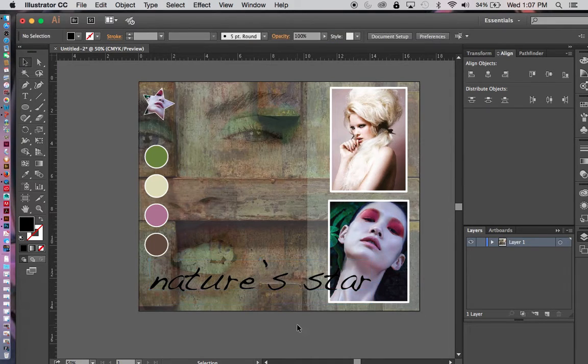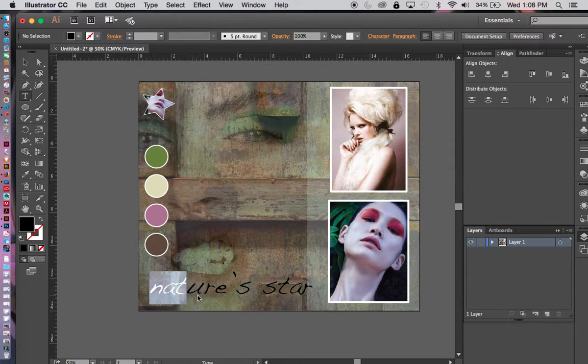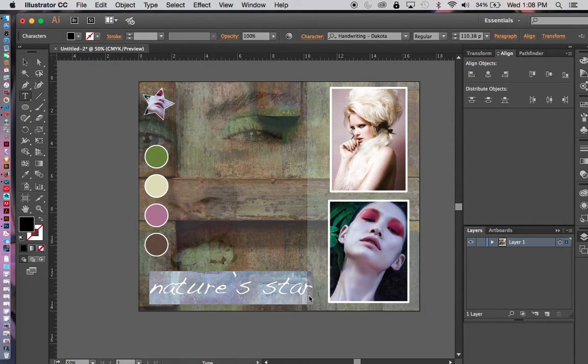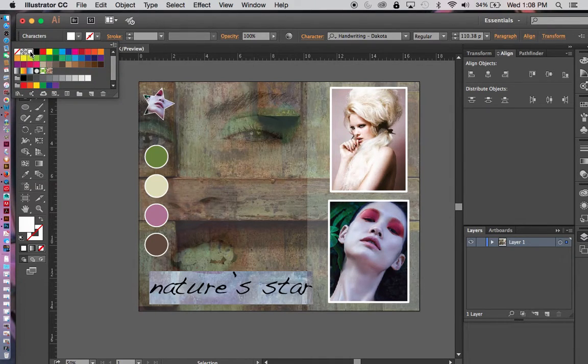So now, let's say, well, that's just too big, so you can actually, now with this, it's a box, and you're thinking, well, maybe I want this text to be white to go along with everything else. So now all I do is I hit the T, and the reason I said T is because that's just a shortcut. You get your box back. As soon as you see this, click and drag and highlight it, like you would in a Word document, to highlight something you wanted to copy or change. I'm going to go over here and put that in white, hit Escape,